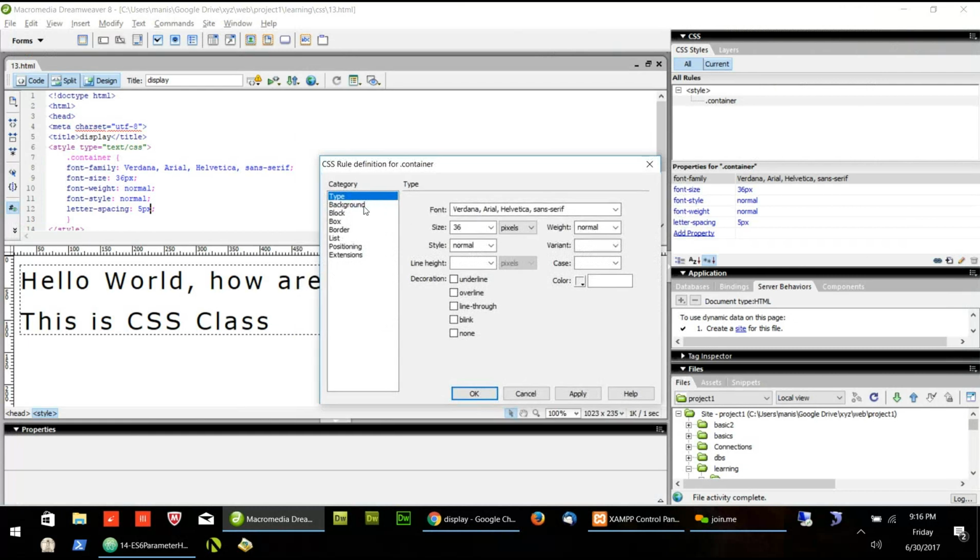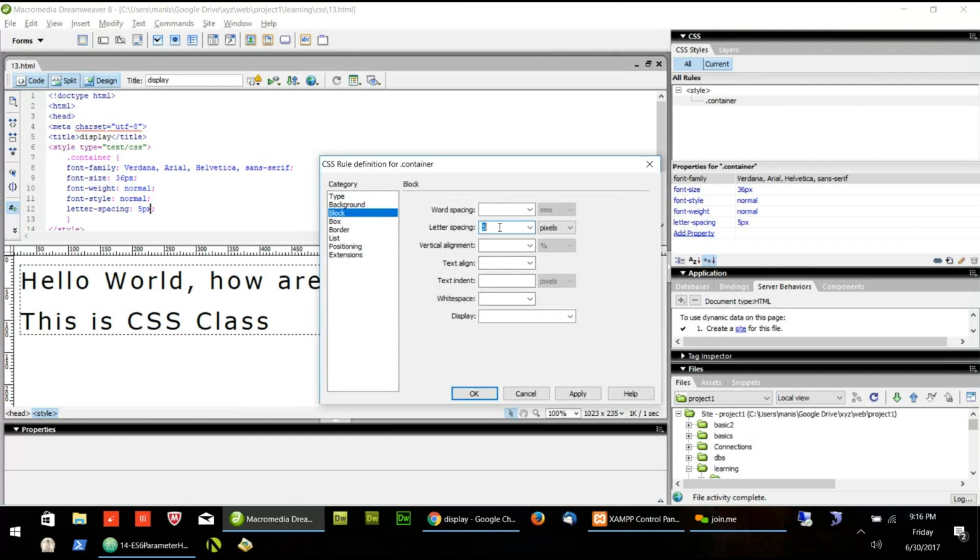Okay, so now let's go to the block. Vertical alignment. I need to create some examples of vertical alignment. It's like if you have a table, you can align the text to the upper or lower level. So let's write down that we will do this some other time, because I need to create some examples to really make you understand what vertical alignment is. Let's go with other simple stuff today.